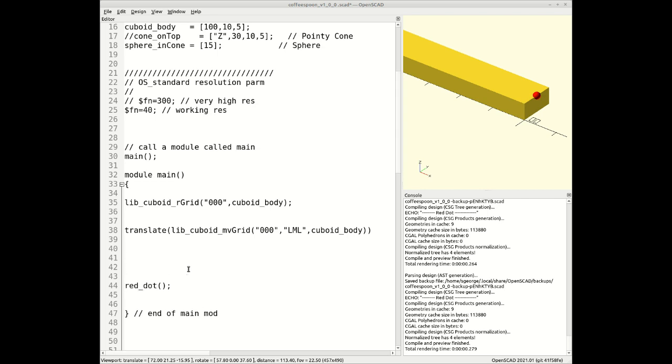Sniper dot. So we're saying libsphere, the library with spheres in it. We're going to render it using the Cartesian grid, and we're going to render it from the middle, where x is middle, y is middle, z is middle. That's the center of the sphere. And we're going to render sphere in cone